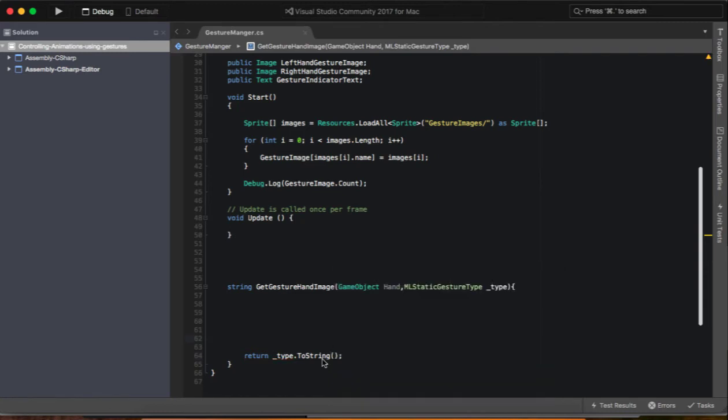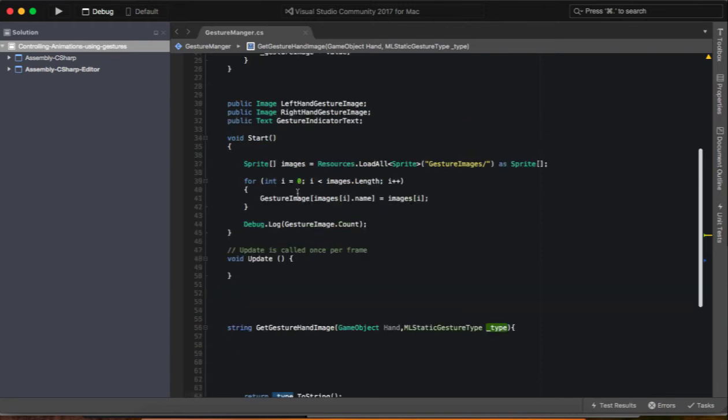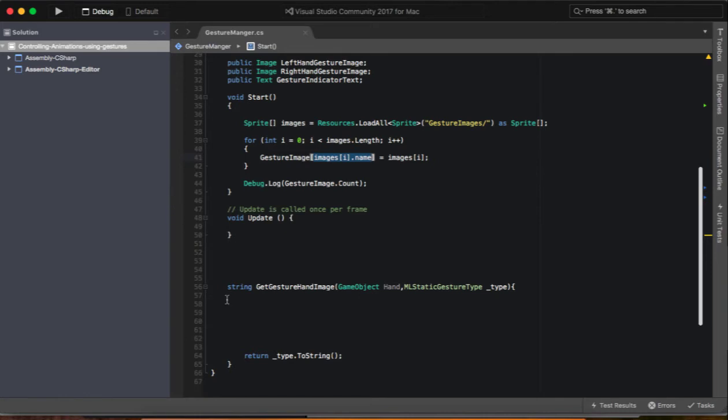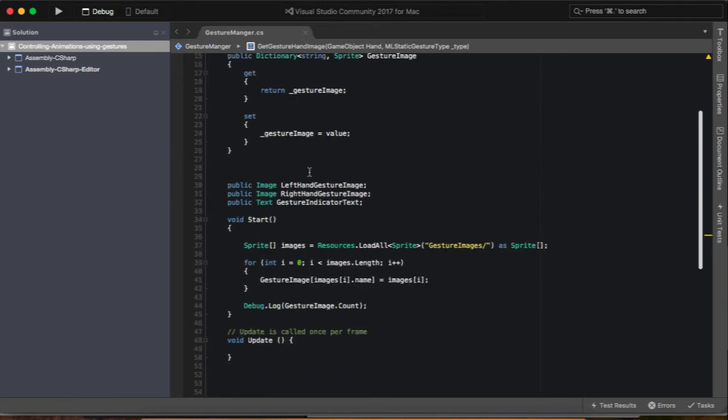And the reason why we have done this is because of 3 conditions, like the pinch, thumb, or fist. We are going to trigger animations as well. Otherwise, we are just going to return this type that will be set in this update, this gesture image type,